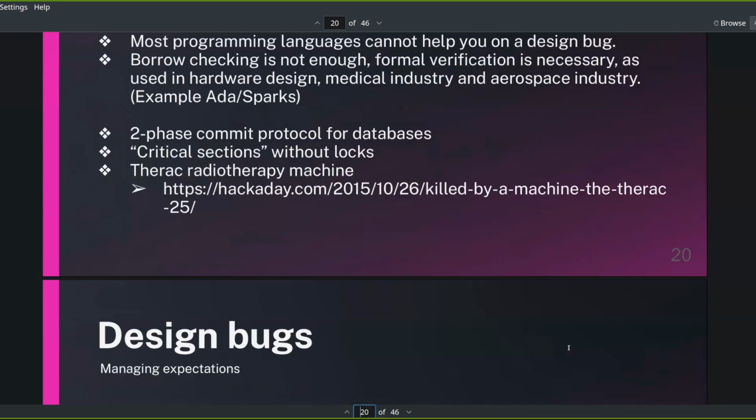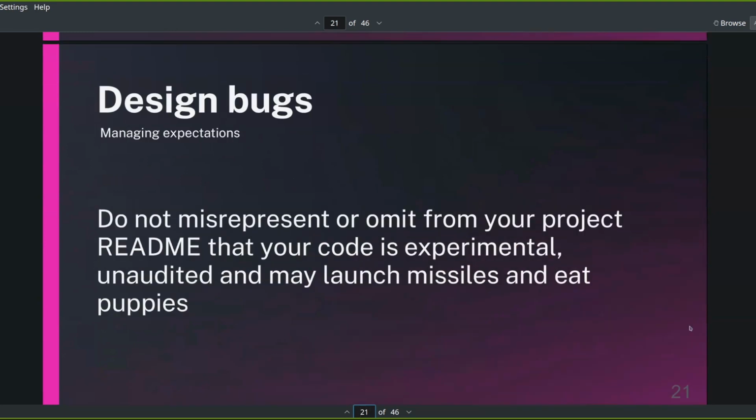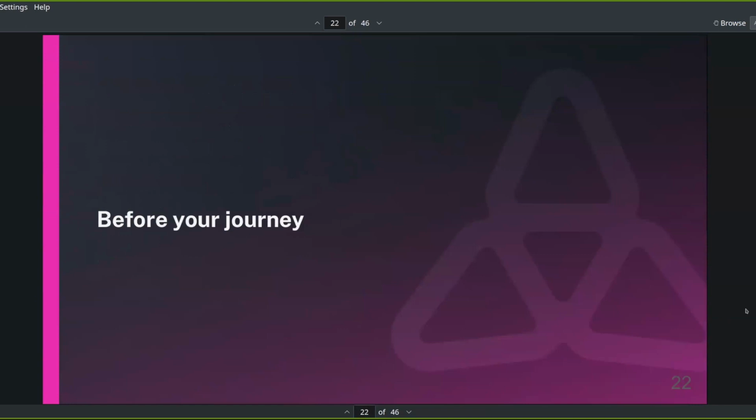So after this, we have what's called managing expectations, because we have so many potential issues. It's important to not misrepresent or omit from your README that your code is experimental, unaudited, may launch missiles or eat puppies. Yeah, very important. Now, we read all the warning signs, and if something goes wrong, you cannot sue me, okay? Before your journey,